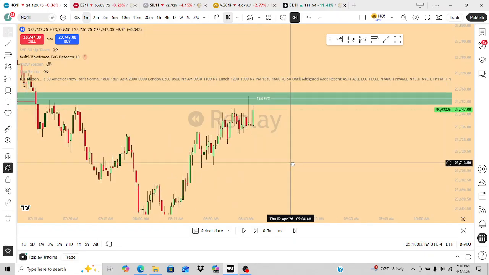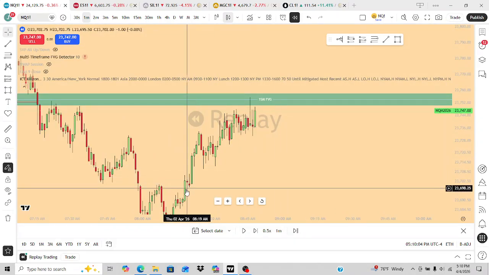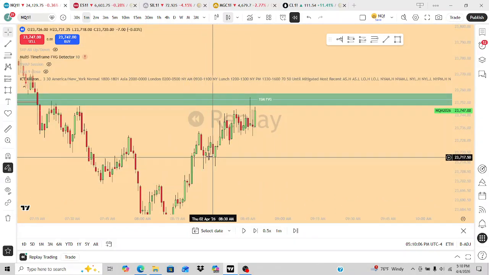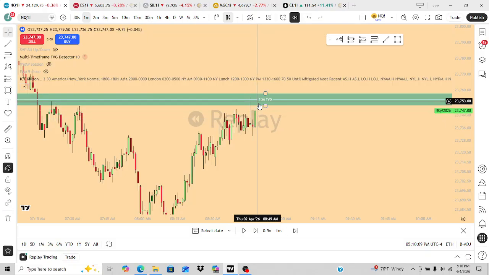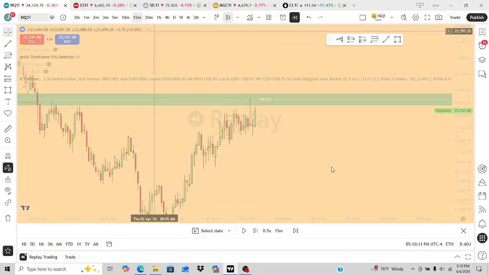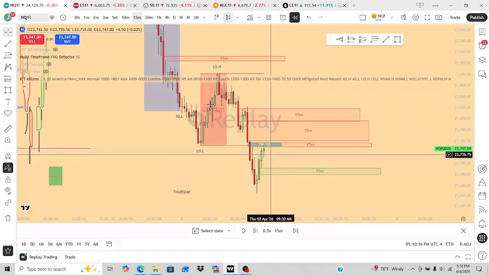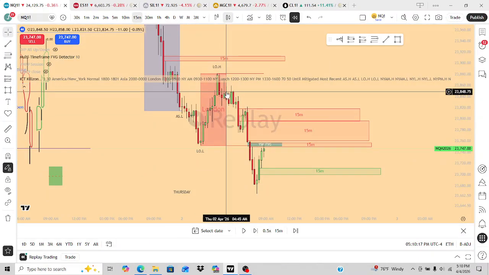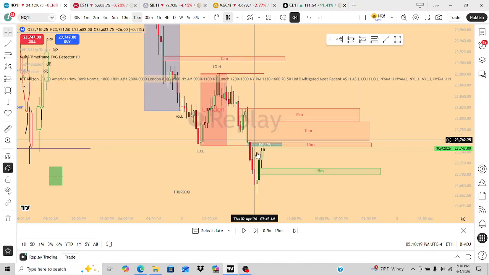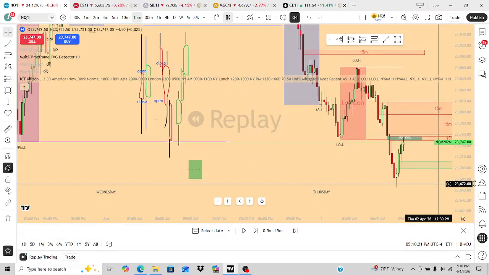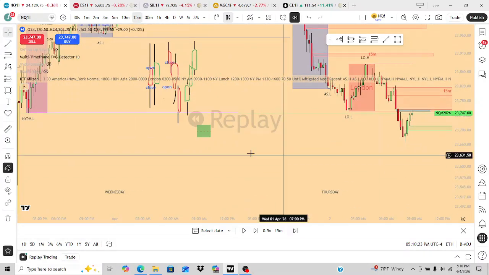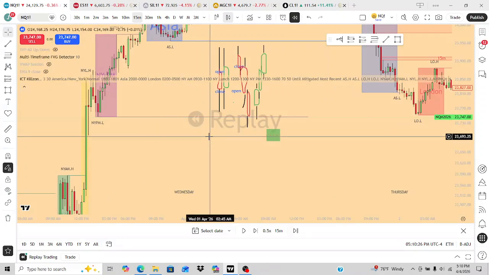Like, I mean, they're decently sized. You got a couple maybe right here, but they're tired and pushing all the way up, just to end up getting rejected by a 15-minute fair value gap because we're in a clear downtrend since the London session ended at 5 in the morning. Just a clear downtrend. We're trying to fight back up and get out of there because we're inside of another 15-minute right here,